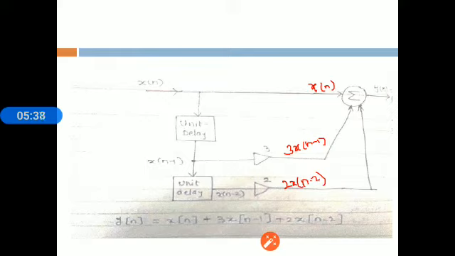There is a block, unit delay. Unit delay is always 1 second delay. So 2 times unit delay means 2 seconds delay. In the circle, a summation symbol is there, that means all the 3 signals, the original signal plus the 1 second delayed signal and the 2 second delayed signal, are accumulated and the output Yn is generated. In this way we have seen the representation of the system by using a block diagram as well as by using mathematical equations.